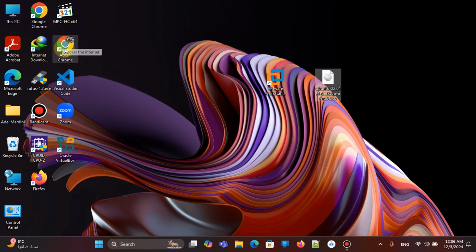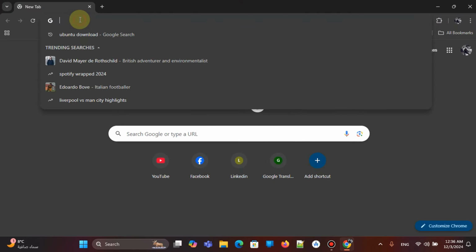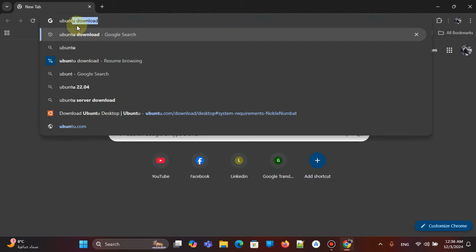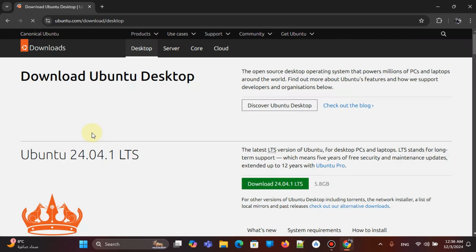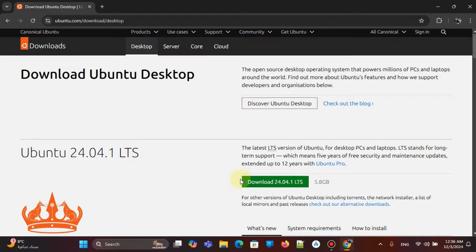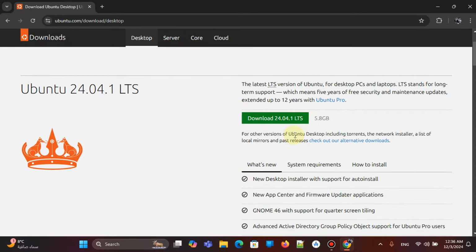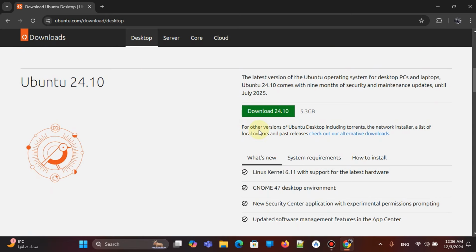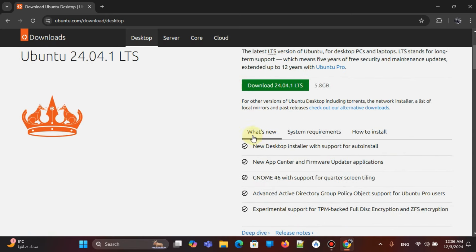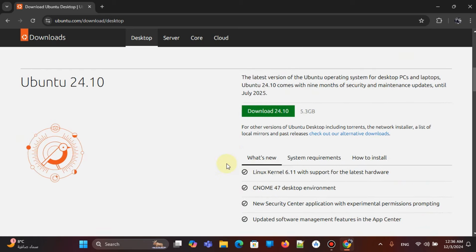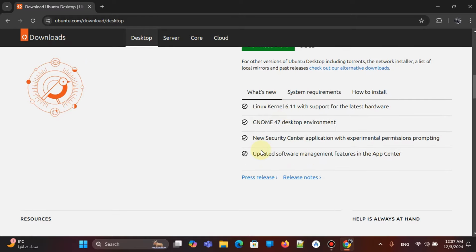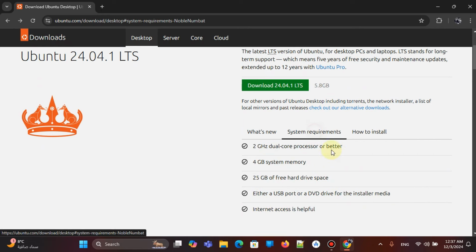To download the ISO image, you first go to the official website of Ubuntu, download, and we go to this official website. From here we can download. We have this option to download, and this is also another version of Ubuntu. We can read what's new here, the information about this version and this version also, and choose whatever you want. And regarding system requirements, you should check, and you should have at least a 2 gigahertz dual core processor or